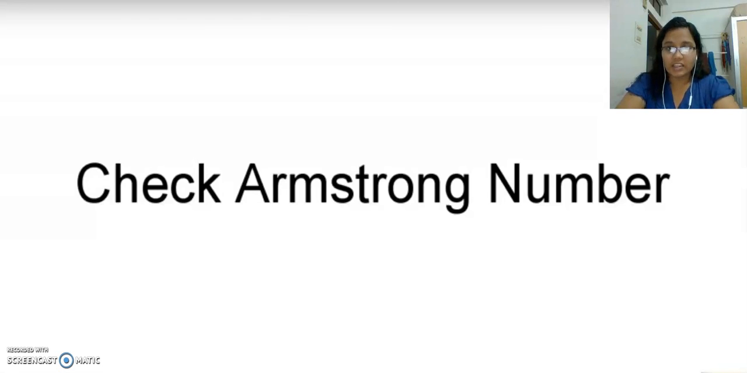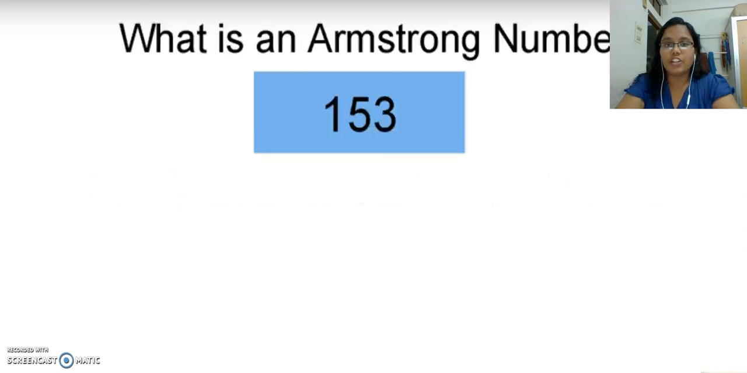Hey everyone, let us see how a Java program can be written for an Armstrong number, to find out whether it is an Armstrong number or not. So what is an Armstrong number? An Armstrong number is a special kind of number where you can choose an integer of any number of digits, and